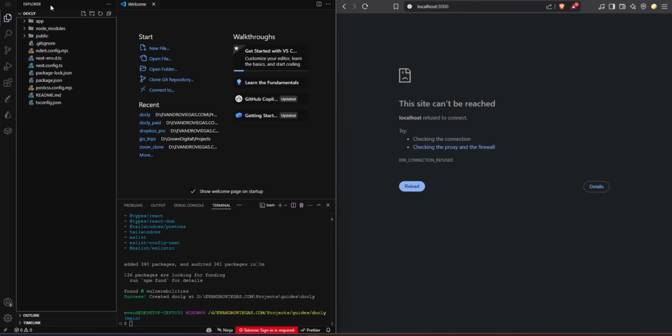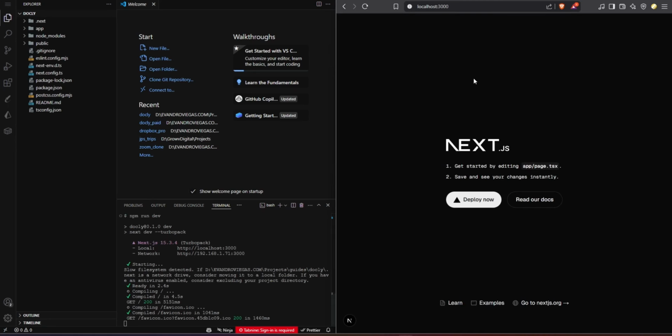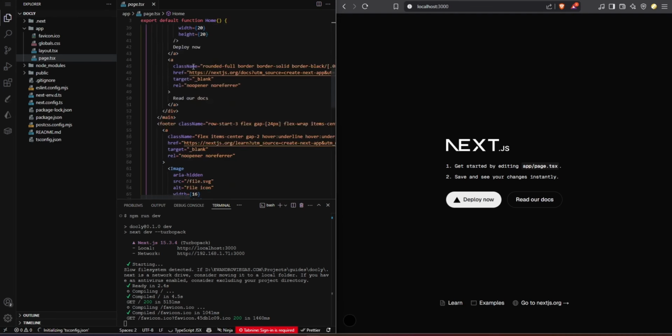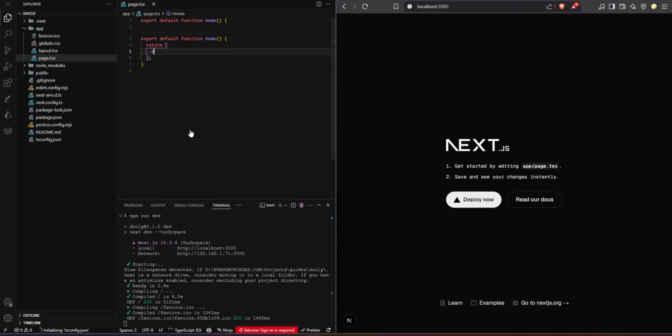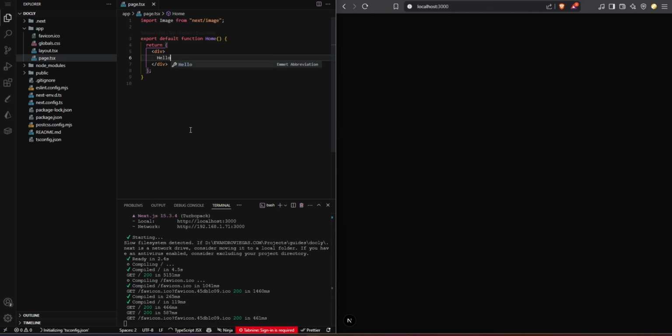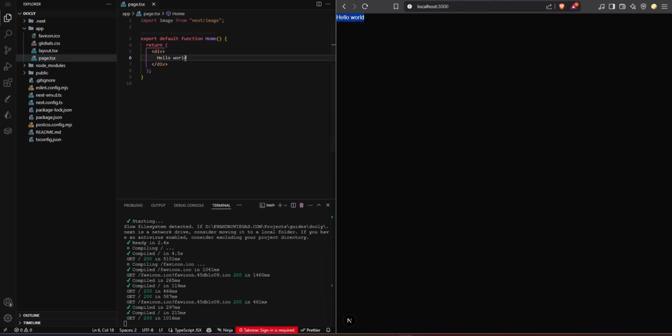As you can see, we have some files in our root. We are going to use npm run dev to see it on our local machine. There we go. The only thing that you're going to see here is Next.js showing up with some text and some buttons. Okay, so if you want, we can go here to the page file and we can remove everything that is inside. So this whole div right here I'm going to remove, and I'm going just to replace it by a div saying hello world like this, and you should be seeing the hello world text right